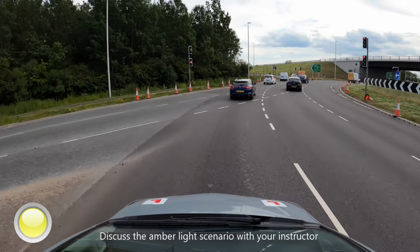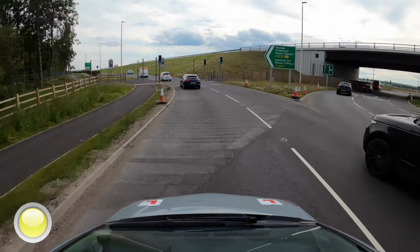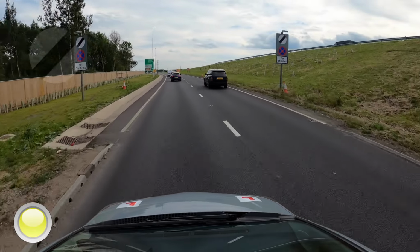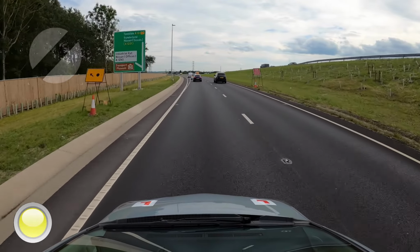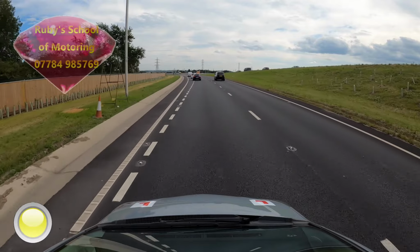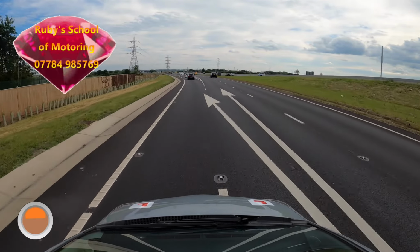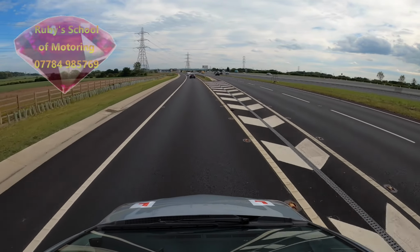The final chapter heading south from Testo's Roundabout. Speed limit is national speed limit, but we're turning left here. The right lane going down the A19 south is national speed limit. The left lane